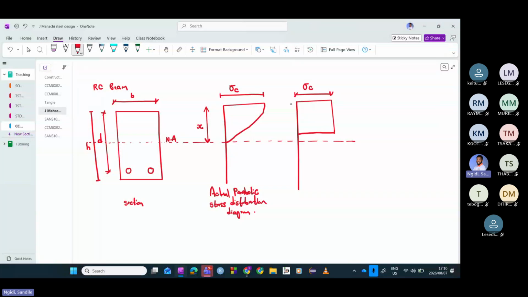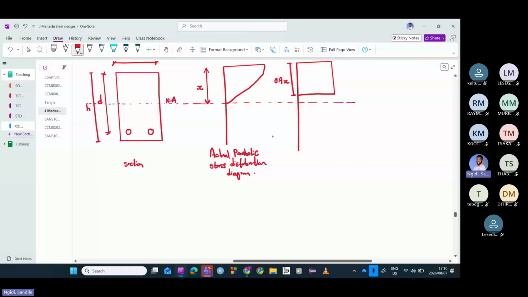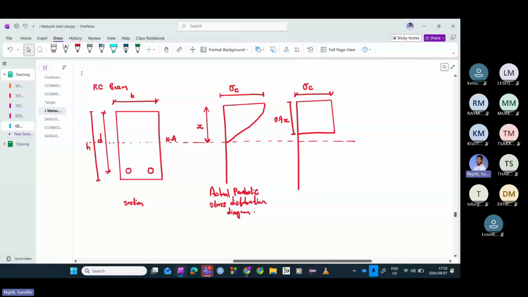stress. But then obviously this distance is no longer x. Now it is reduced x. And how we reduce this x, we just reduce it by 10%. So that's the new distance that one will have. And so this is a stress distribution diagram that we can work with. We call this one an equivalent stress distribution diagram, or rectangular stress